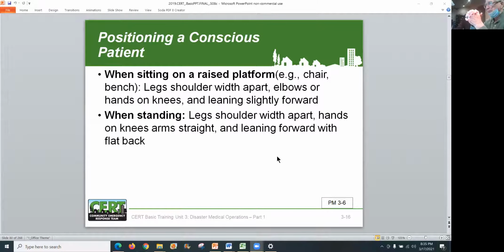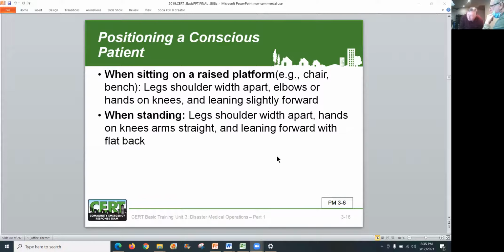Here's another thing they made a comment on. You'll see this in the manual. If you move your hands, Tom, if I'm sitting here, I can bend over and put my hands on my knees. That helps you if you need to breathe. And if I'm standing up, I can hunch over my shoulders and put my hands on my knees. That's like when you're running and you stop after running 100 yards at top speed. You run out of air when you get to that 100-yard mark. You slow down and then bend over and do some deep breathing to help yourself.